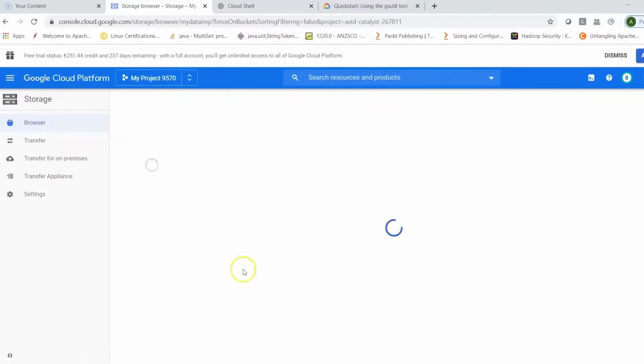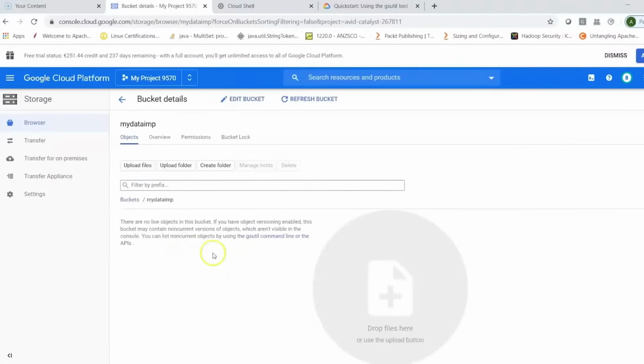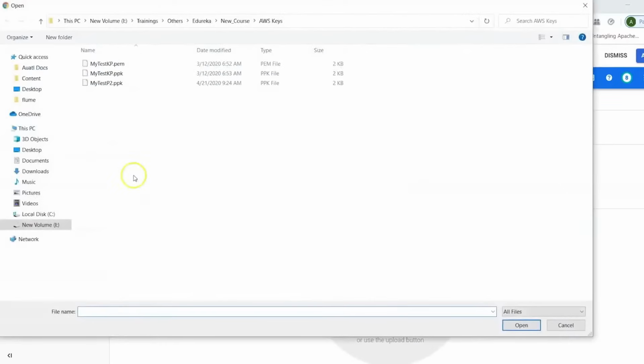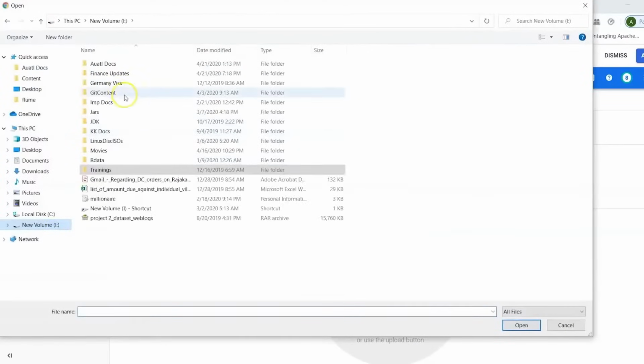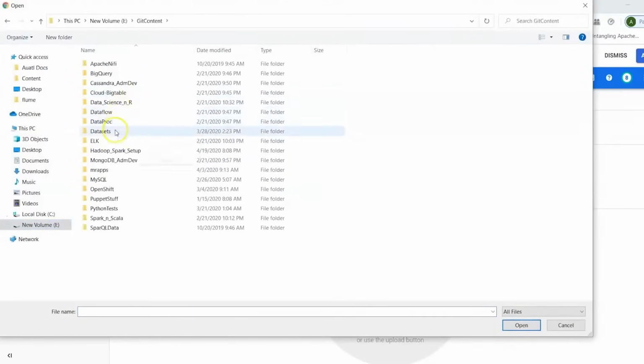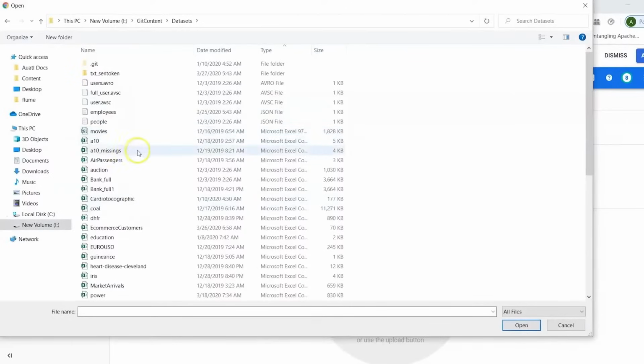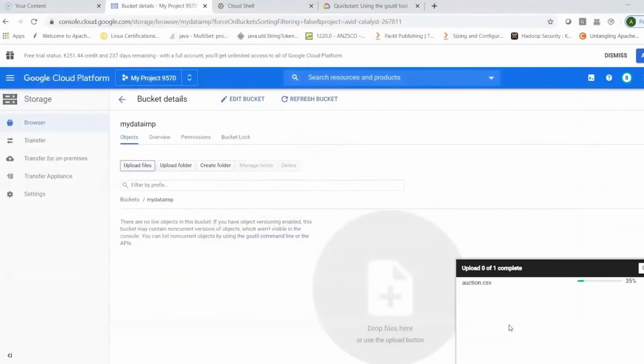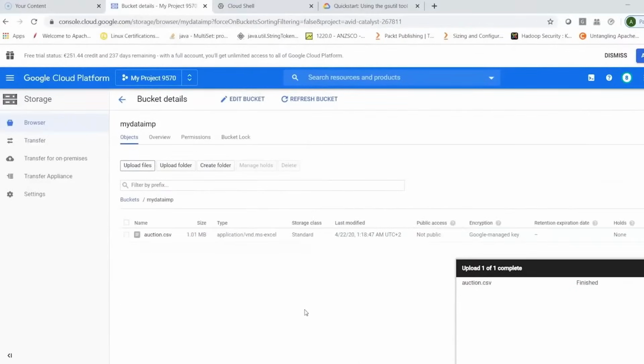Now I can click on the bucket, and that shows me different ways in which I can upload some data here. So I can just click on upload files, and then I can choose some files. For example, I'll go into datasets, and I have different datasets. Let's choose this one, which is a CSV file, and I'm just uploading this to my cloud storage, right? It's as simple as this. So you can drag and drop your files, or you can just upload your files,